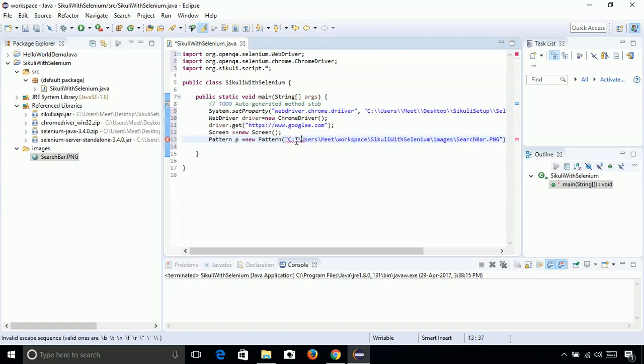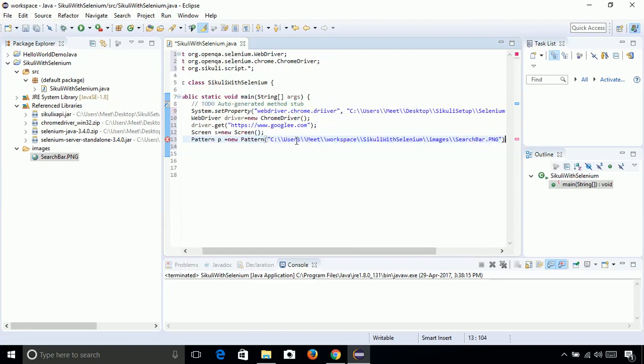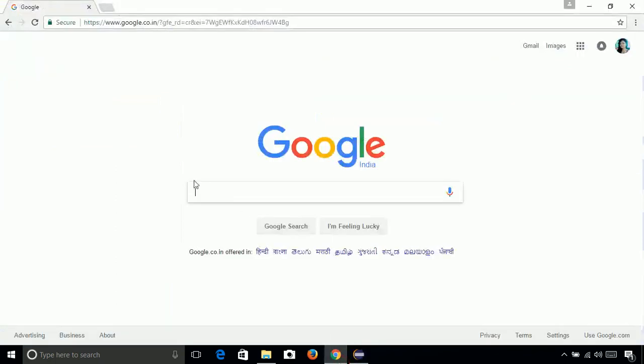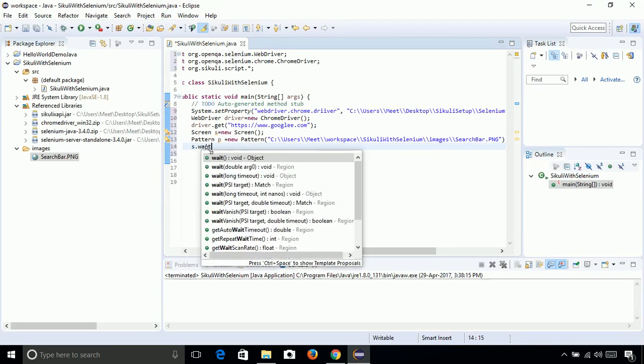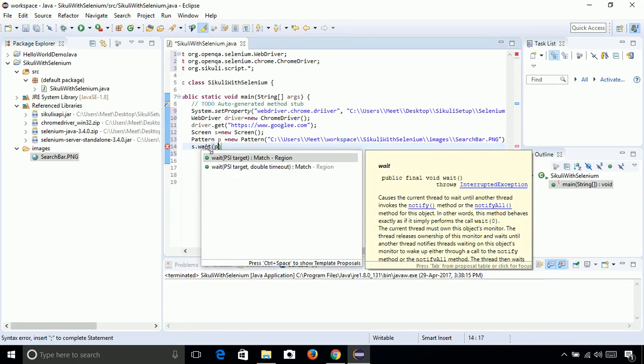Here also we have to put a double slash instead of one. What it will do is store a pattern which will be similar to the image we have stored. So now we want the screen to wait for this pattern to appear on the screen.